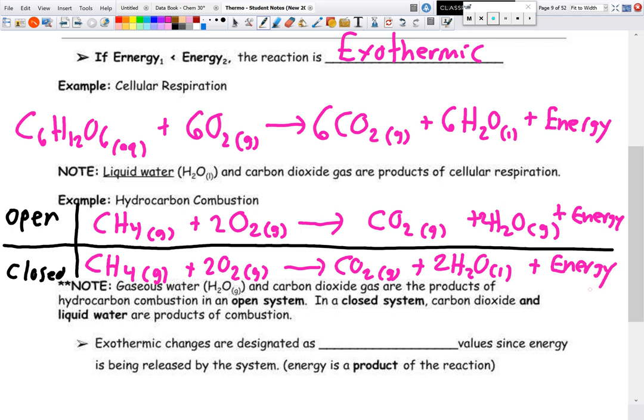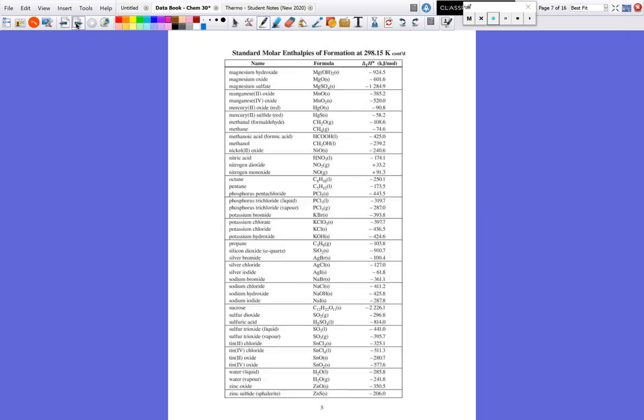So that is one major distinction that you're going to have to remember. And it will come down to some of the questions as well. It might just say something is going to happen in a closed system, and you'll need to know that it's liquid water. Especially when we get going, just to give you an idea, it's going to get brought up later. The reason why we need to take note of that is that when you look at your data booklet here,